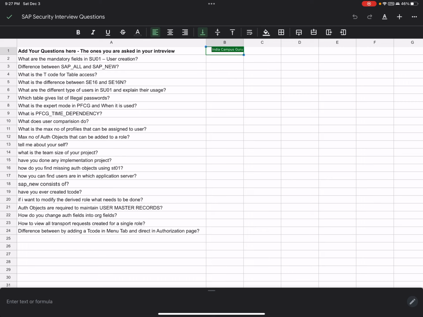Maybe you haven't done a lot of GRC work yet. I will try to do something on GRC as well, but our motive, at least for now, is to make sure you are prepared for the initial journey of SAP security. So let's begin.